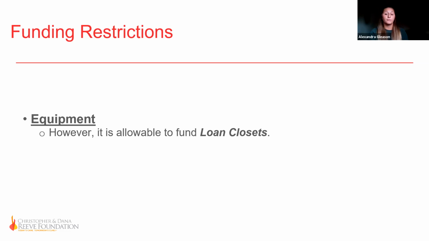Equipment is allowable through funding loan closets. Otherwise, equipment provided to individuals to keep is also considered a gift. Requests for loan closets must include a specified period of time. So a device loan is typically 4 to 6 weeks and can sometimes be up to 9 weeks to 3 months. And this really enables the individual to try out and familiarize themselves with assistive technology or durable medical equipment before acquiring it or not acquiring it on their own. Open-ended or long-term loan closets will not be considered, and this also applies to ramps as well.